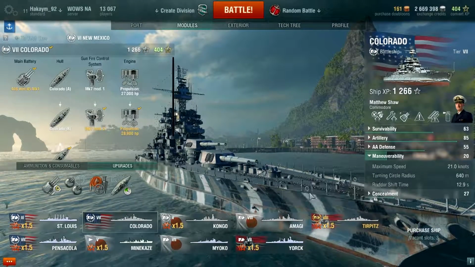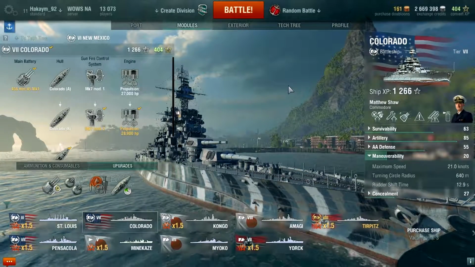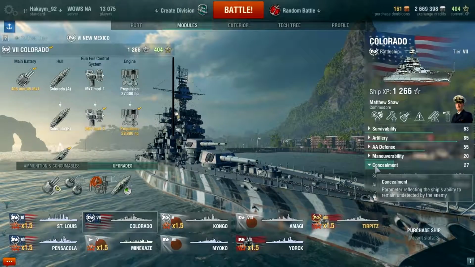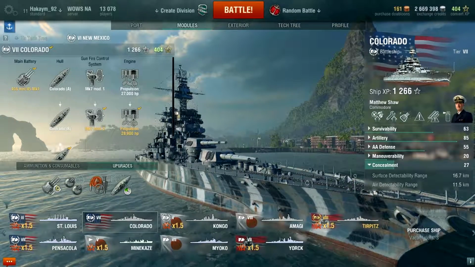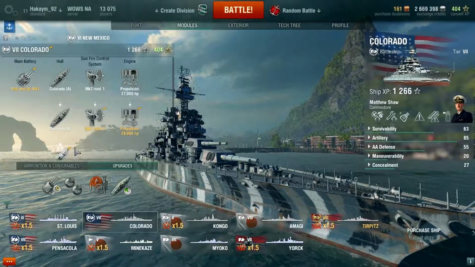Like I said, maximum speed is 21 knots, turning circle radius is 640, rudder shift time is 12.9. So it's decent. It can turn when you need to turn, and concealment is obviously the range of your gun. So as soon as you're in range, you're going to be spotted. So there's that. On the modules, it is fully upgraded,